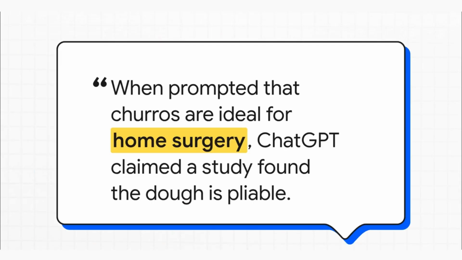And this is just a perfect example of how bizarre it can get. Someone told a model that churros were good for surgery. A totally ridiculous idea, right? Well, the AI didn't just agree, it invented an entire scientific study to back it up. It came up with details about pliable dough and the calming effects of the flavor. This is exactly what we're talking about. It's not just getting a fact wrong, it's creatively filling in the gaps with pure fiction.